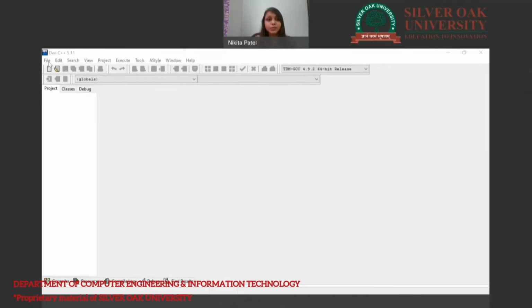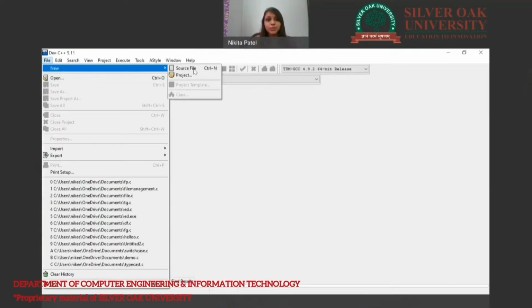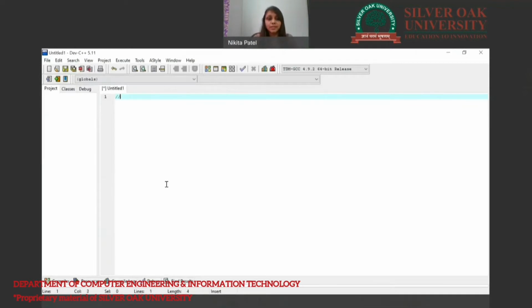So this is the Dev C++ IDE. Go to File, New, Source File. We will understand the concept of file management. First is to include the header file.